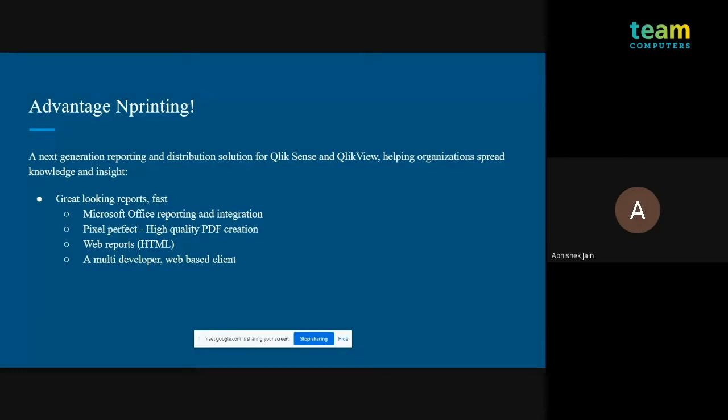Then for users who need highly precise reports, such as marketing users or reports created for customers, you can go for Pixel Perfect reports. They are very high quality PDF reports. Then you can have web reports based on HTML. You will need a little bit of HTML, and the rest of the coding will be done by the system. You just drag and drop some objects onto your sheet, and the system takes care of the HTML code itself. If you need to create really precise reports in HTML, then you need to know the language as well.